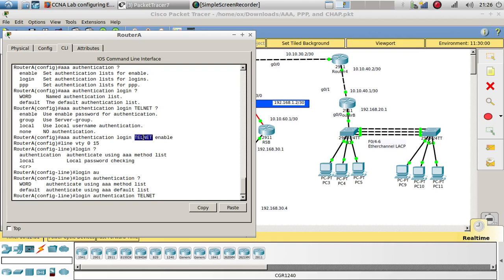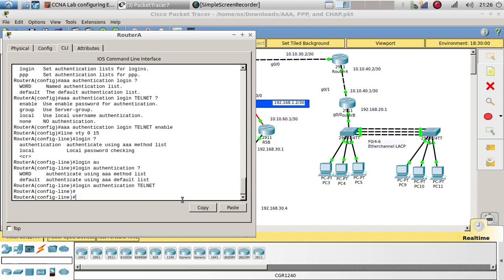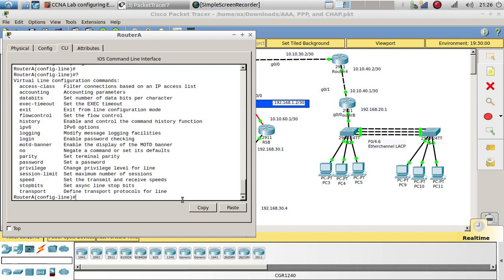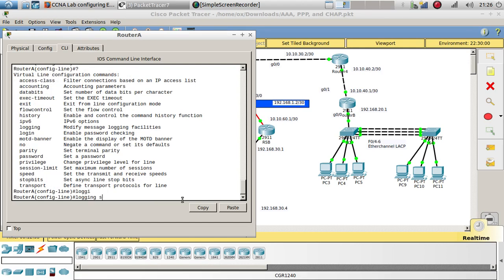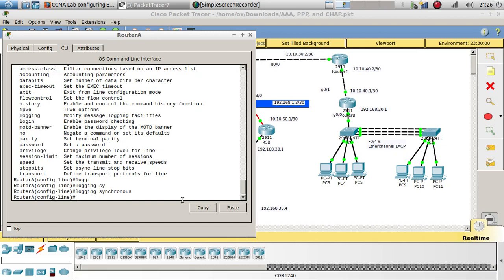Yeah, we call that telnet. So the login that we gave it was telnet for this authentication right here. So for this one, on the line VTY, inside line VTY, we have to call this telnet. Okay. And then the other thing that I want to do here, let's go ahead and just do login synchronous, and then